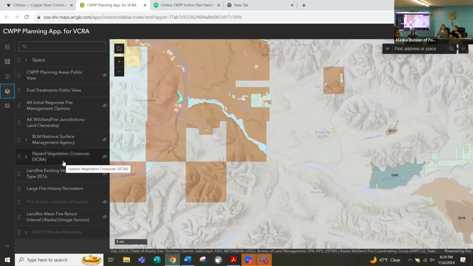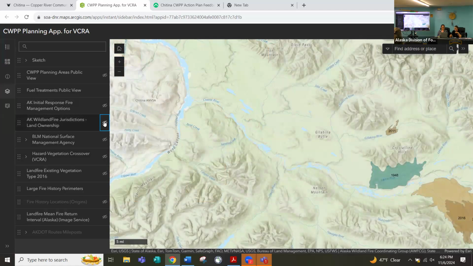The next two layers are vegetation layers. One of these layers we specially created for this project.